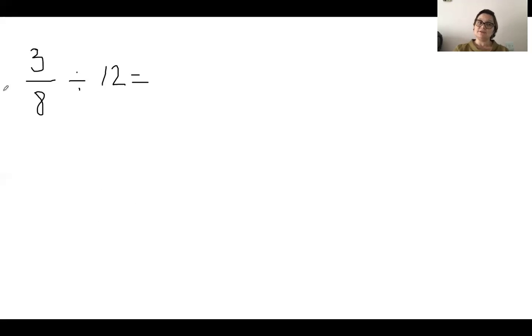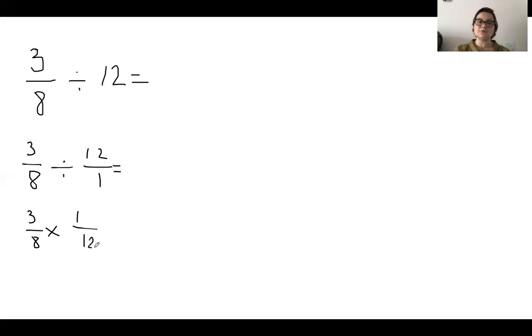Again, here we have the division of a fraction by a number. We add a denominator to the number 12, so express 12 as 12/1. And as you see now, we have a division of a fraction by a fraction. We need to change the second fraction upside down and also change the division to a multiplication. And so we are going to have 3/8 times